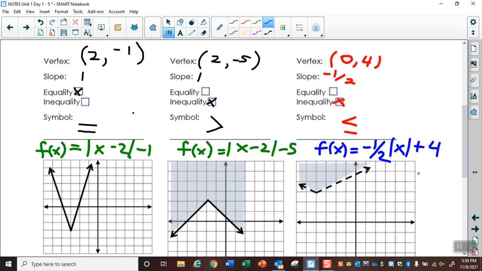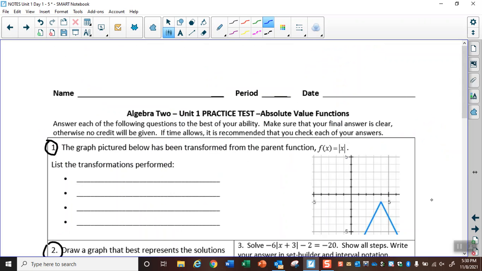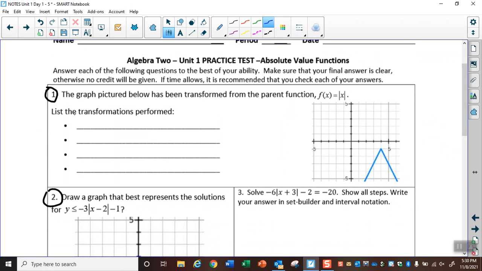Okay, so you can do these next 3 on your own, hopefully. Here I'm looking at the transformations. So it is flipped upside down, so that is a reflection over the x-axis. And then it is also a little bit steeper, right? If I'm going from here, I would go down 2 and over 1, down 2 and over 1. So that's going to be a stretch